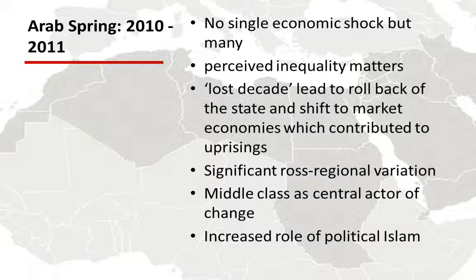So one idea is that a lot depends on the perception of the public in terms of inequality. Maybe the macroeconomic factors didn't change, but perceived inequality changed and got worse, and that influenced the possibility of democratic uprisings. I talked before of the 1990s and 1980s, and this rollback of the state and the shift to market economies really contributed to these uprisings, because